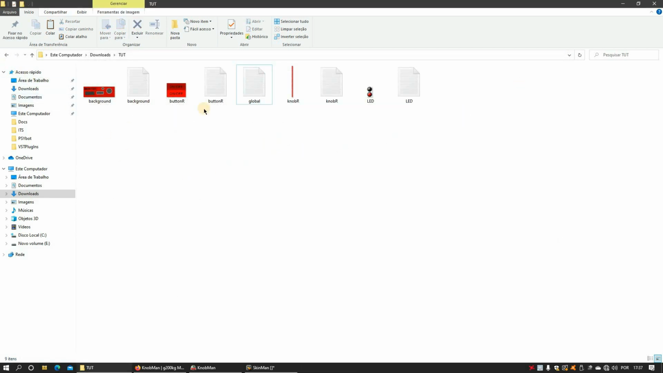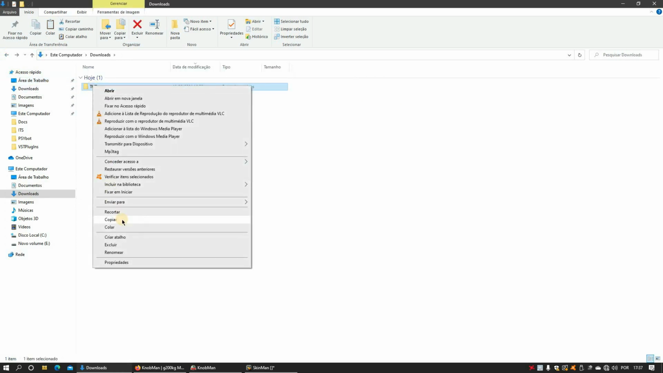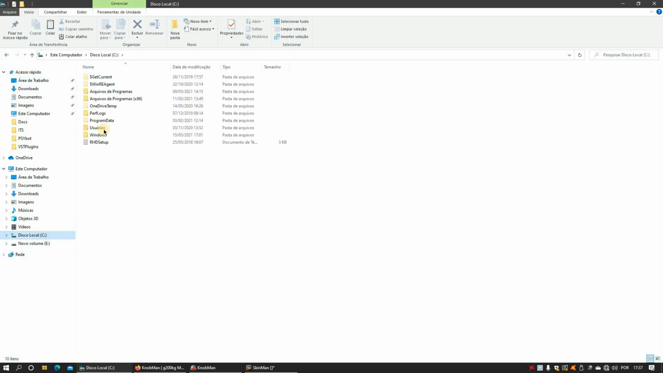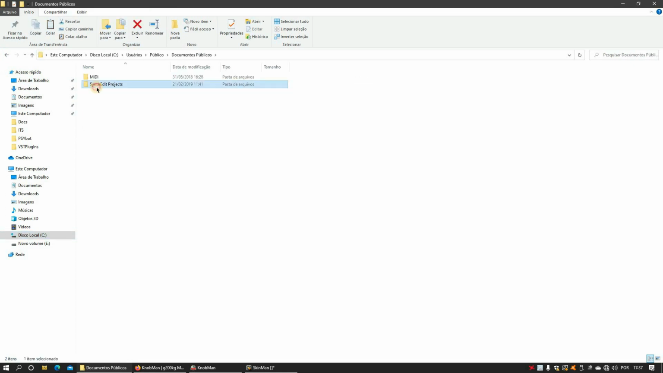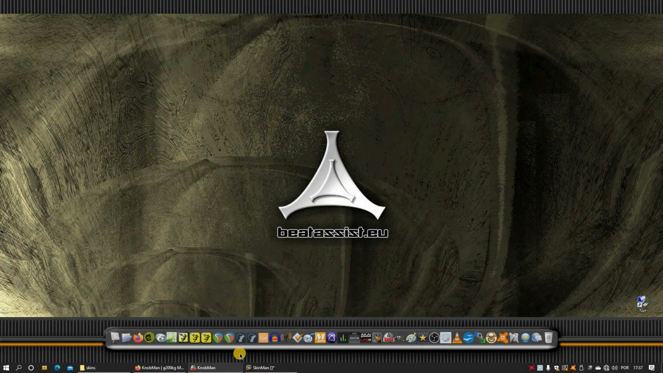Okay, so now imagine that this is your skin. You have to copy this folder to drive C, users, public documents, SynthEdit projects, skins. You have to copy it right here. Then in SynthEdit,